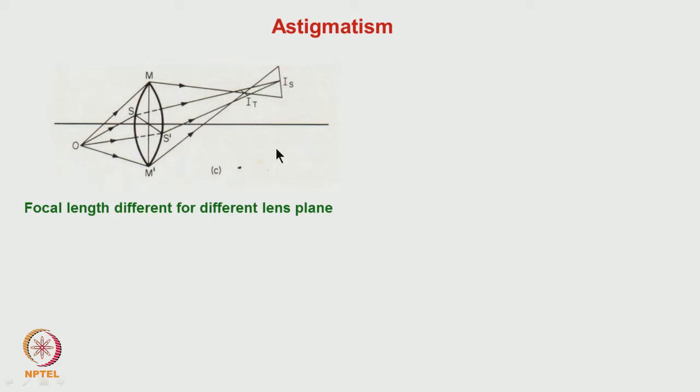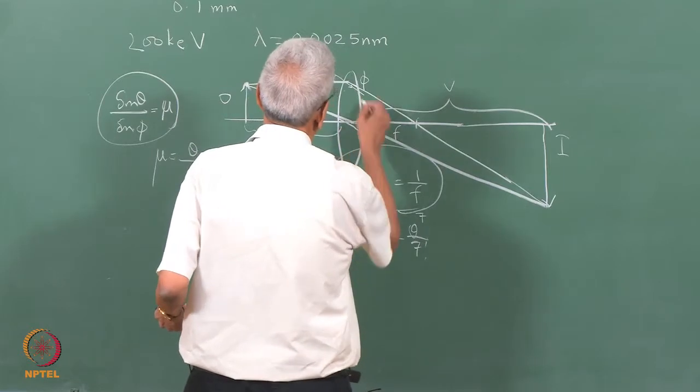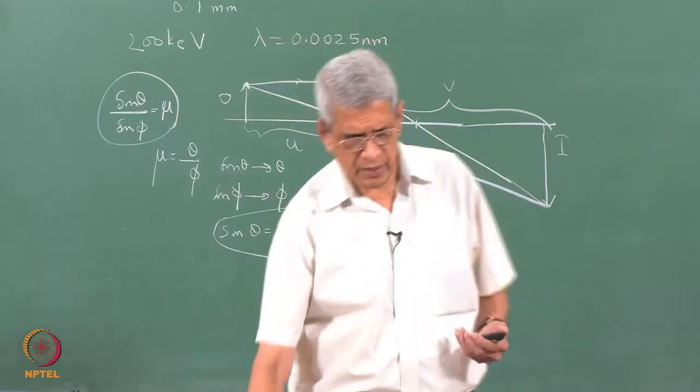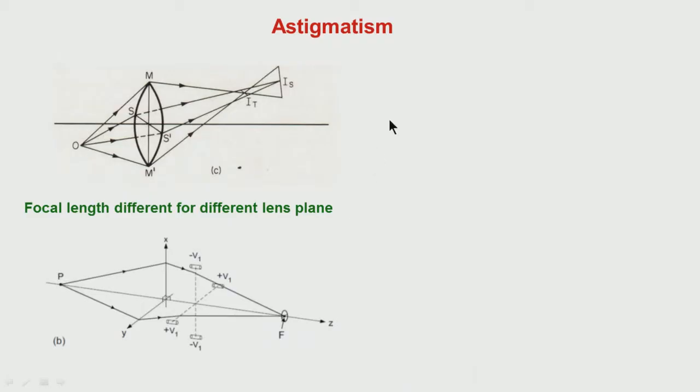What is the other aberration which arises in a microscope? This is called astigmatism. That is, if the lens itself is not perfectly spherical, the surface is not spherical, we find that there are some distortions. This will give rise to two different focal points in two perpendicular directions. That is, if a ray enters the lens in this direction and another ray enters in that direction, they will be focused at two different points. This gives rise to not a sharp image, but an image which is distorted. How can this be corrected?